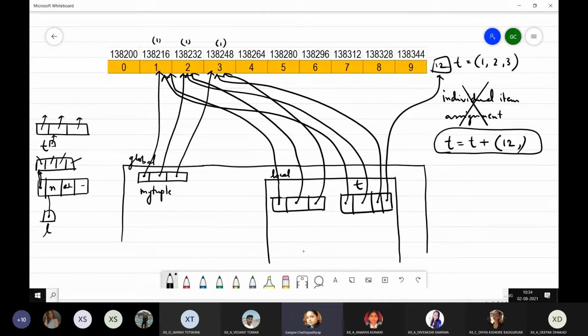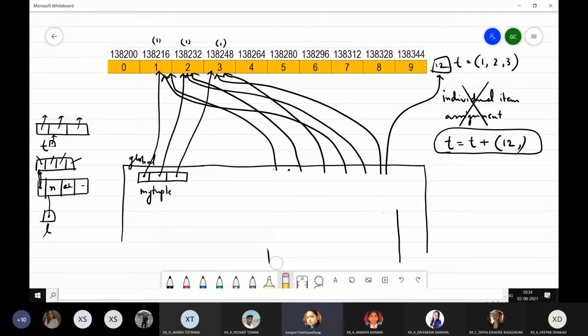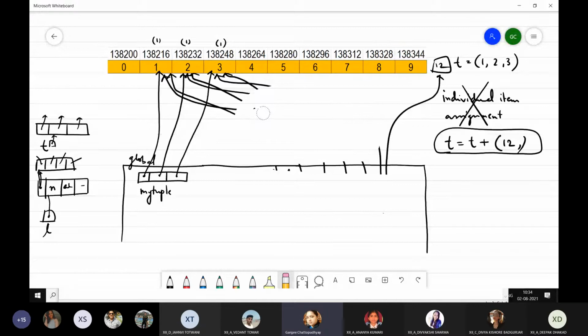Now, when this function stops its execution, it will leave the memory. So what will happen? This whole area is going to be deallocated. The existence of this local area is gone now. So now what about these references over here? Along with the disappearance of the local area, all the references which were made to these memory locations are also gone.